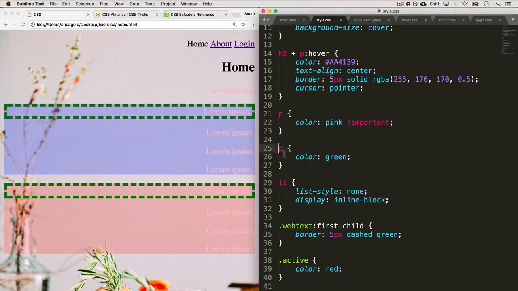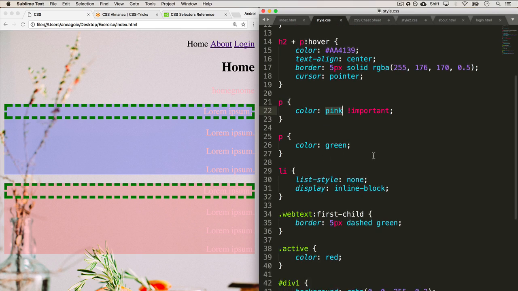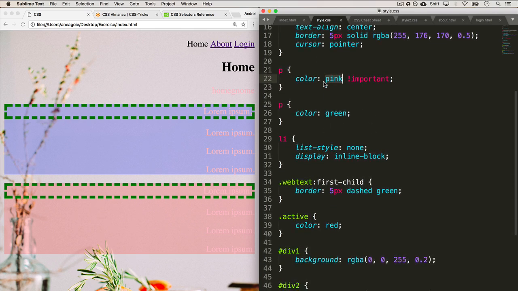Even though this P over here says I want the color green, important overrides any of the cascading style sheet rules and says, hey, I don't care what anybody else says, the P is pink. And you can see here why I don't recommend using this. Because although you know for sure that the P tags will be pink, if somebody else comes and starts working on your style sheet, and maybe this is hundreds of lines,